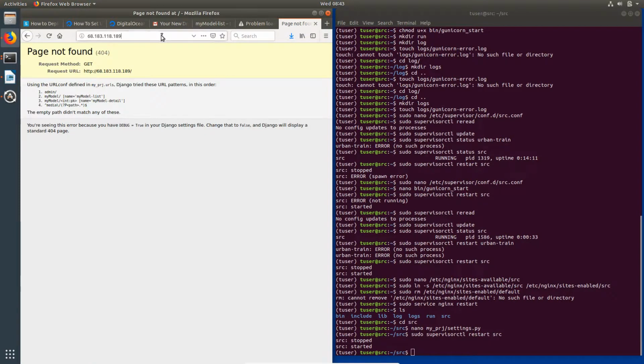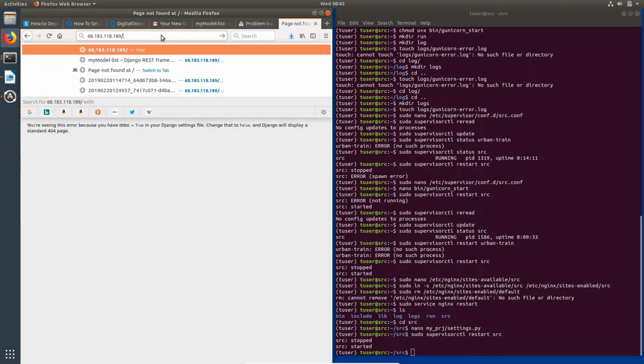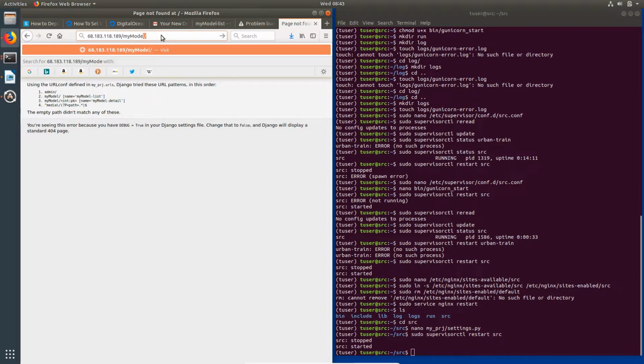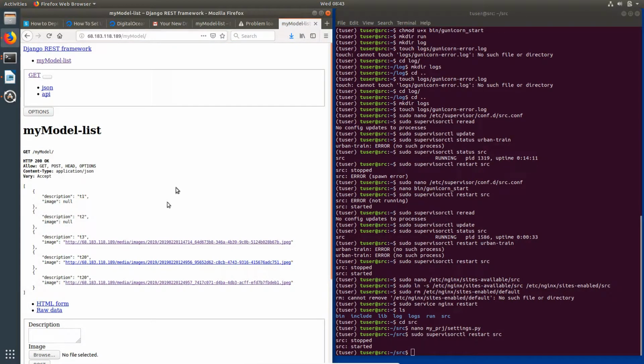Okay. No, actually it looks like I'm okay to go. So my model. Here we go. So I am able to do this. However, it's not picking up the static file. So that has to do with my Nginx. So I'll go to, and this is actually in